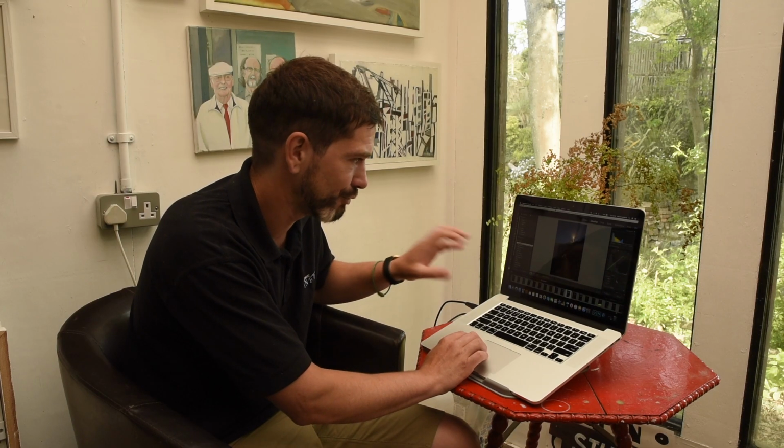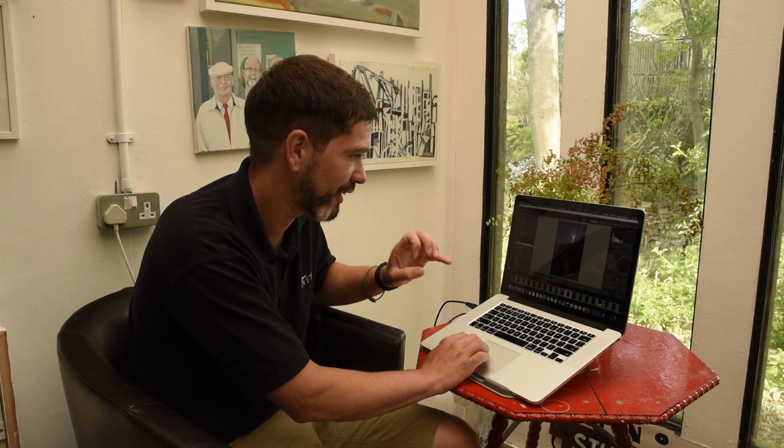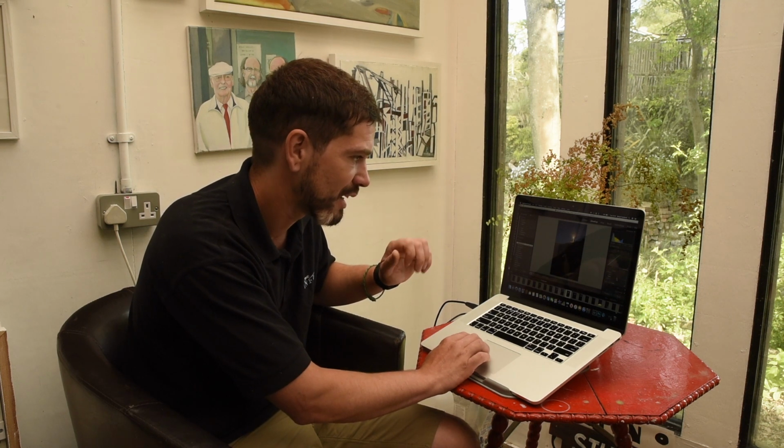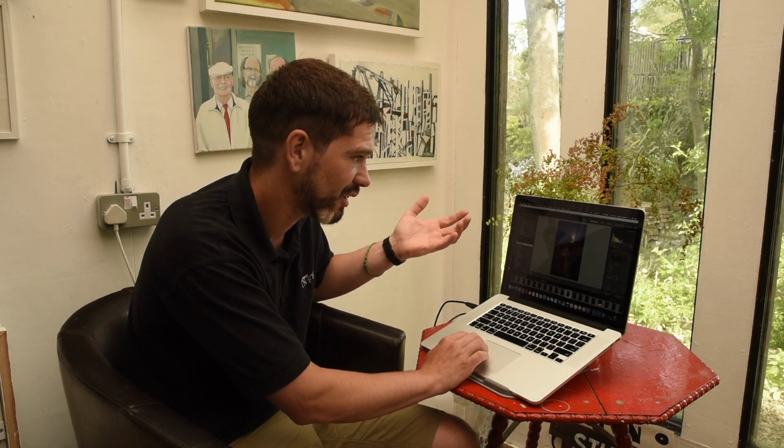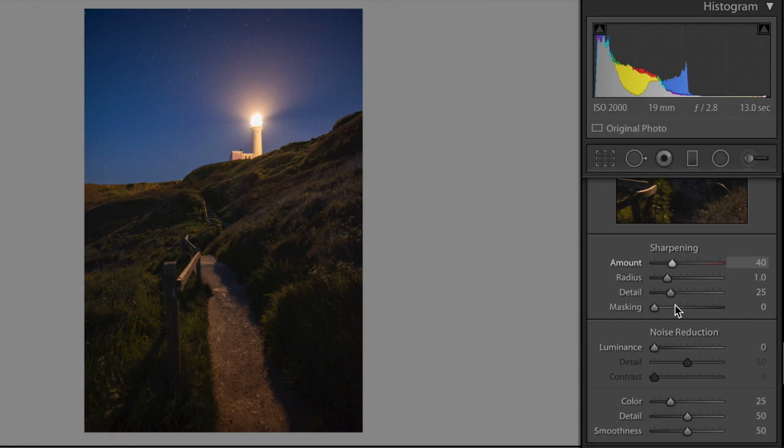We're not going to touch the vibrance or the saturation, because I really like that tone that's coming through there. I think that's absolutely lovely. And I think that is all I really want to do. I might add a bit of luminance noise reduction. I'm going to leave a little bit of sharpening on there. I might go up to